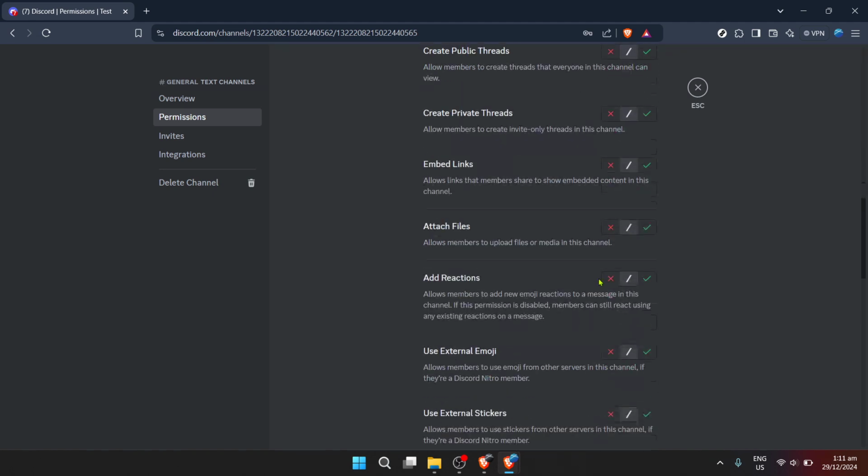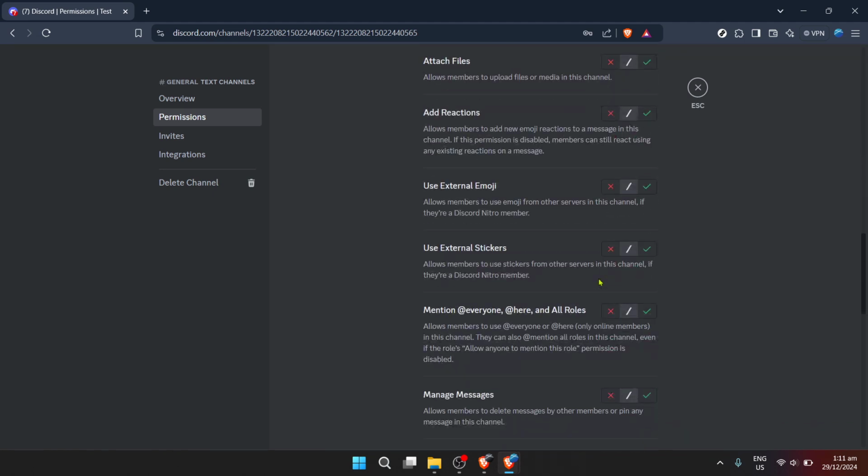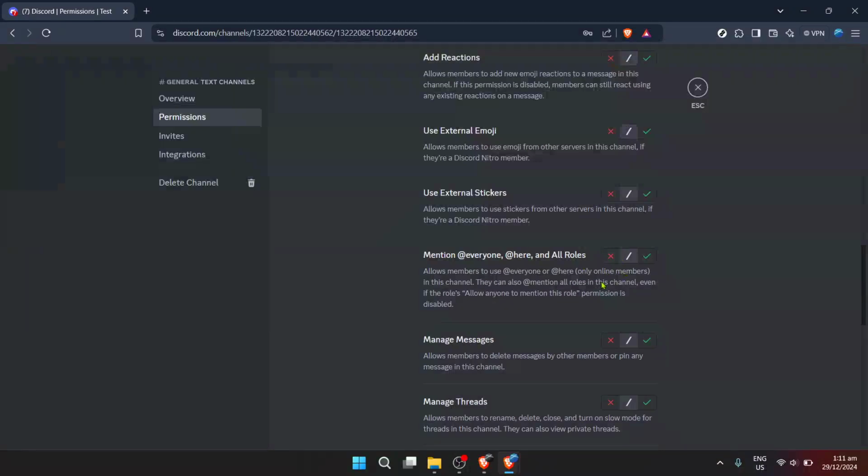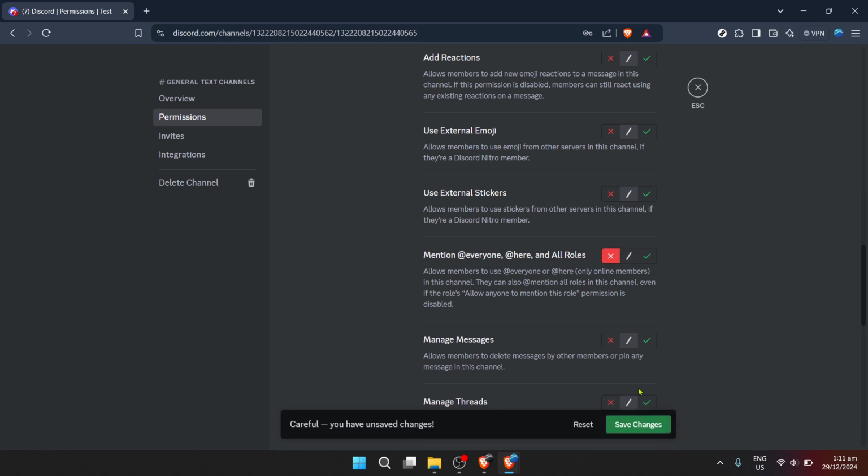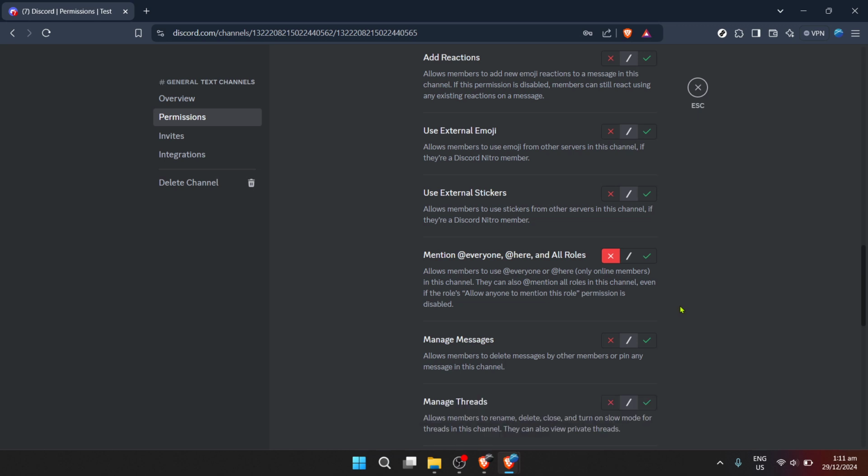This is generally enabled by default because it's designed to allow anyone and everyone in your server to tag all members with the @everyone tag. However, it can lead to notification overload if used too frequently. To disable it, you'll click on this setting, toggling it off. This action will prevent members from using @everyone unselectively, fostering a more serene server environment.